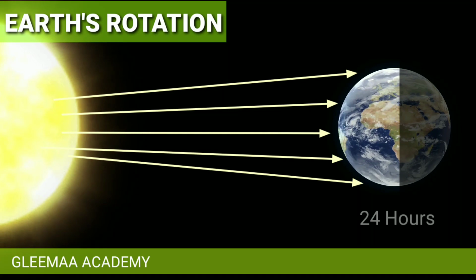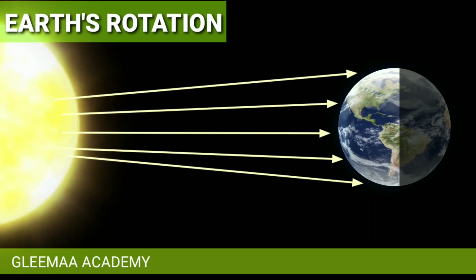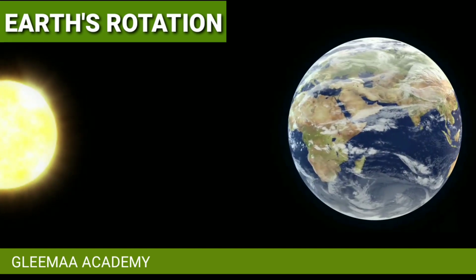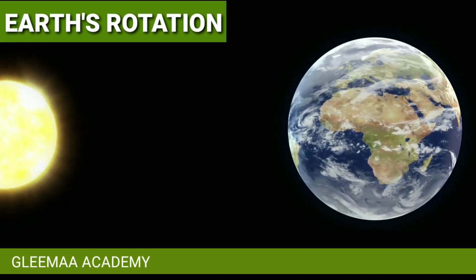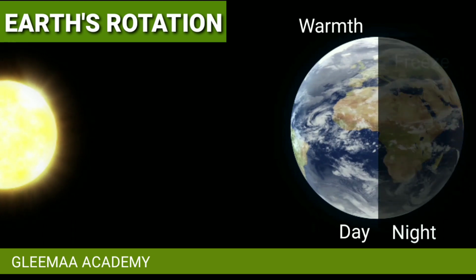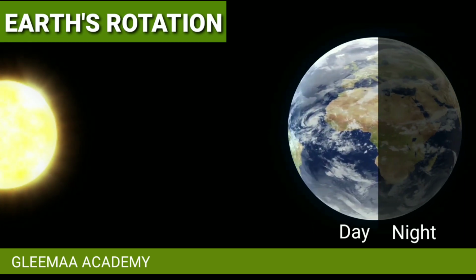Earth takes about 24 hours to complete one rotation around its axis. This period of rotation is known as the Earth Day. And now, what would happen if the Earth did not rotate? Simply, the portion of the Earth facing the Sun will always experience day, and this will result in continuous warmth to the region, while the other half would remain in darkness and be freezing cold all the time, which will result in no life on our Earth. Thus, rotation is very much useful to continue life on our Earth.